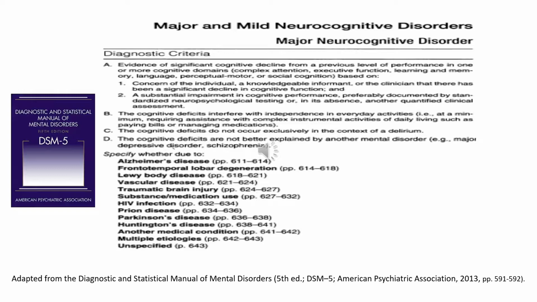The Diagnostic and Statistical Manual of Mental Disorders, 5th edition, DSM-5, groups dementia-related illnesses under the category of neurocognitive disorders, which are characterized by deterioration in neurocognitive processes or physical deteriorations in the brain that correspond with declines in one or more cognitive domains, such as attention, executive function, language, memory, and learning. The decline of which must significantly impact on the individual's day-to-day functioning, with the level of deterioration used to determine whether the disorder is mild or major.